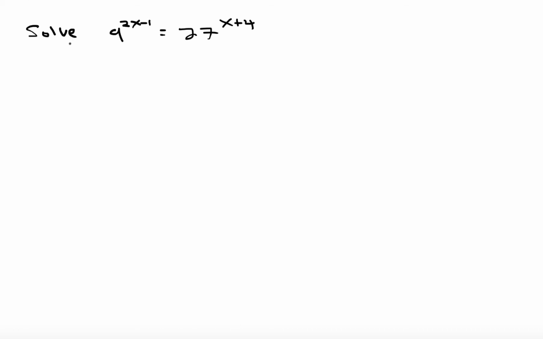All right, so here we want to solve this exponential equation: 9 to the 2x minus 1 power equals 27 to the x plus 4 power. So we know that in order to solve these types of exponential equations, we have to use this property,